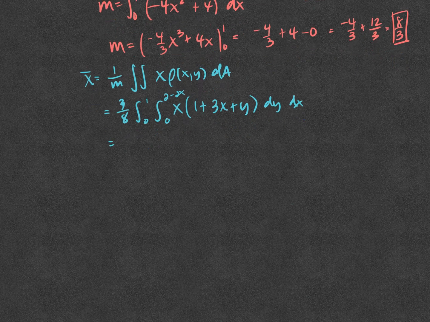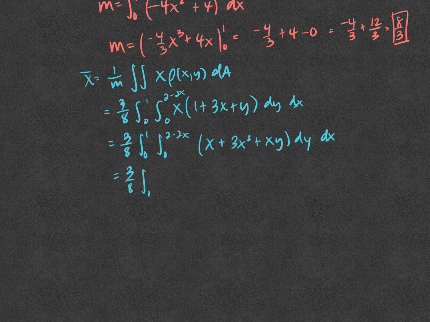So let's go ahead and keep our 3/8 out here, the integral from 0 to 1, and the integral from 0 to 2 minus 2x. We need to distribute the x plus 3x squared plus xy with respect to y, and then with respect to x, the integrals. So we have 3/8, the integral from 0 to 1. Remember that we're integrating with respect to y, so we're going to say xy plus 3x squared y plus 1/2 xy squared, and this will be from 0 to 2 minus 2x,